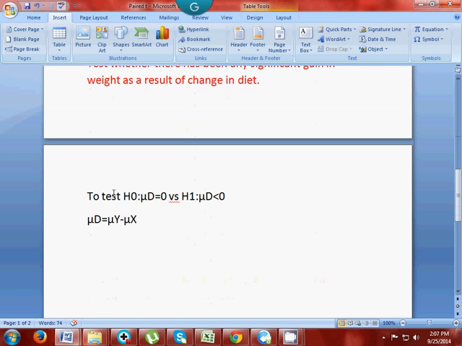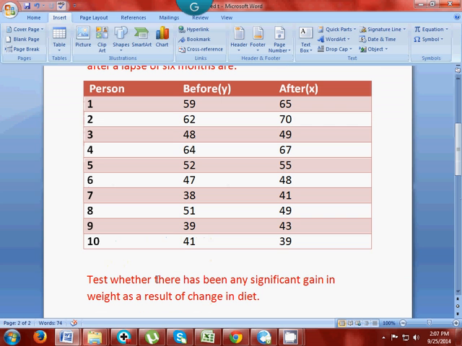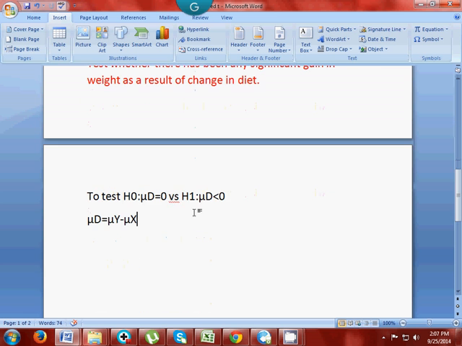So, we need to test the null hypothesis H0, the mean difference, that is mu d equals 0, versus H1, the alternative hypothesis, mu d, that is the mean difference, is less than 0. That is, mu d is equal to mu y minus mu x, that is, mean of before minus mean of after. So we need to test this hypothesis